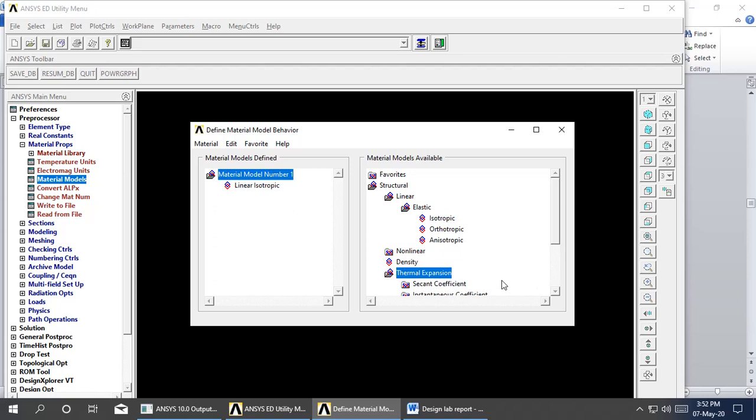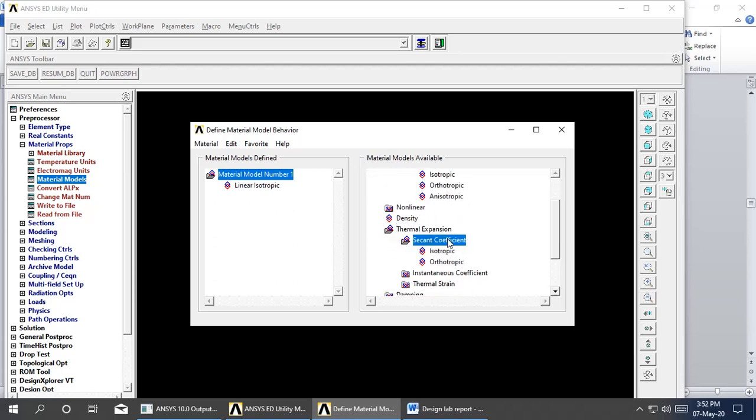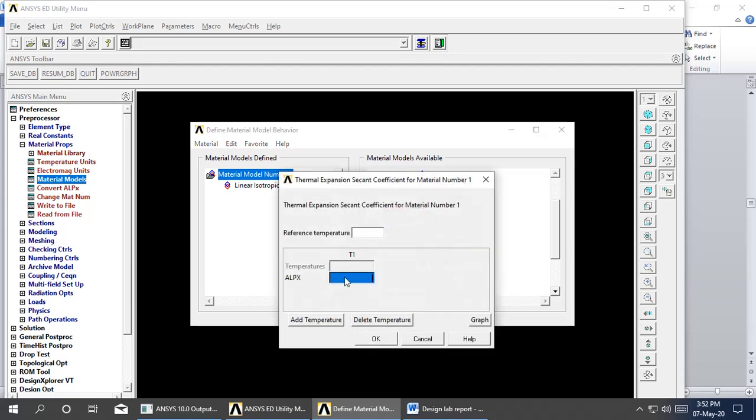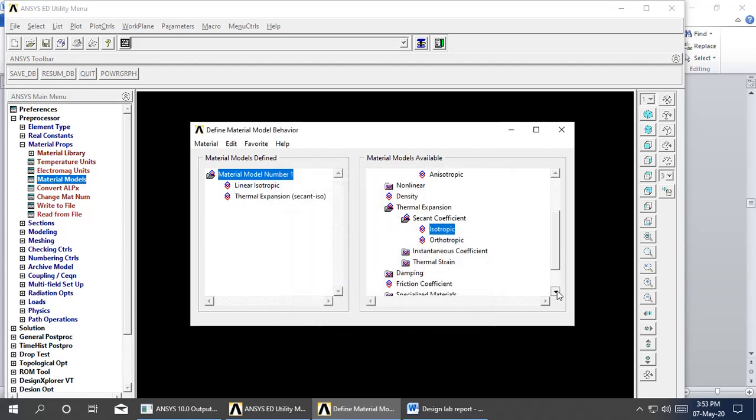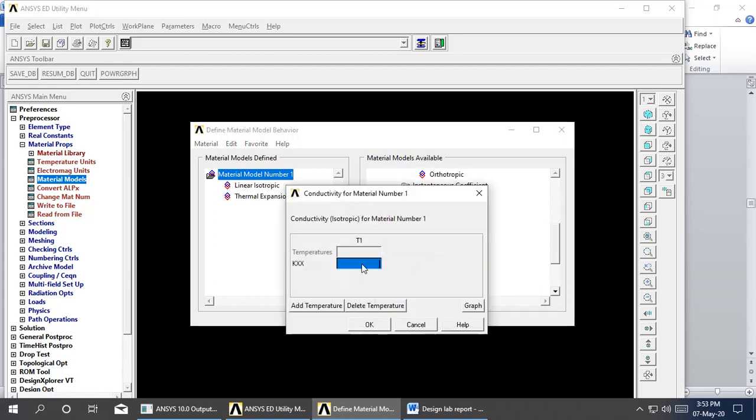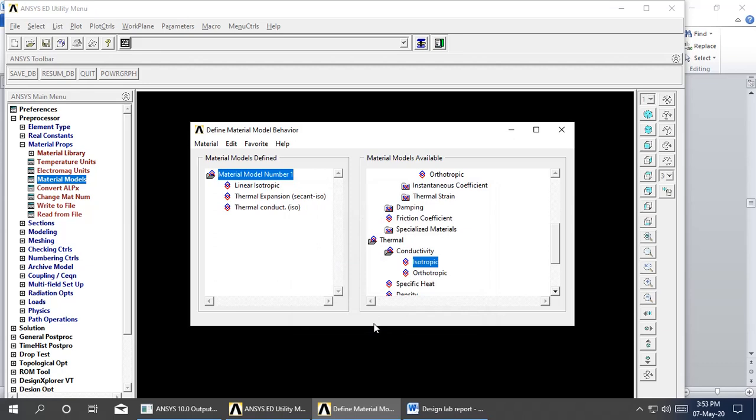And thermal expansion, secant coefficient, isotropic, and alpha coefficient of thermal expansion is 12.6 into 10 to the power of minus 6. Also we need to enter thermal conductivity, isotropic. Thermal conductivity of the material is 16.2. Okay.